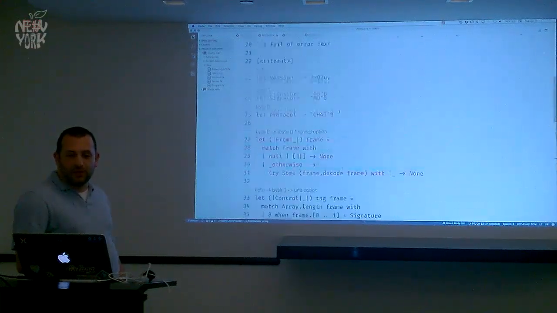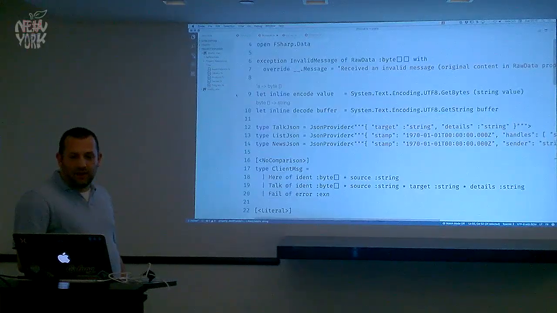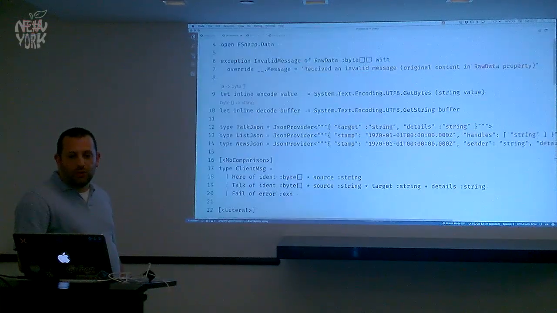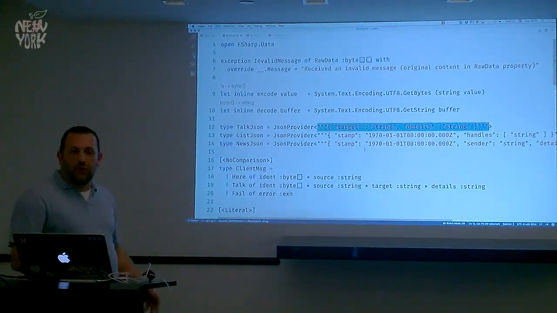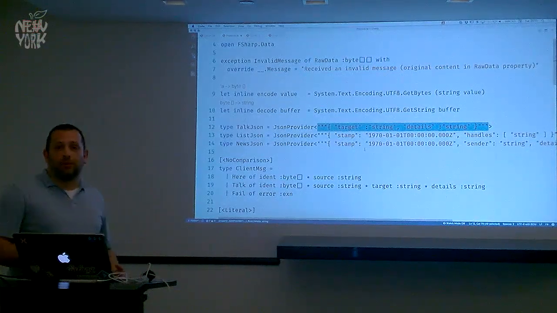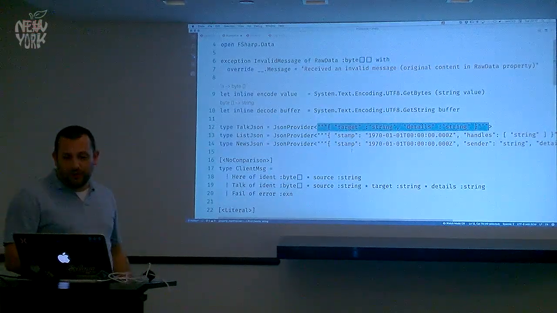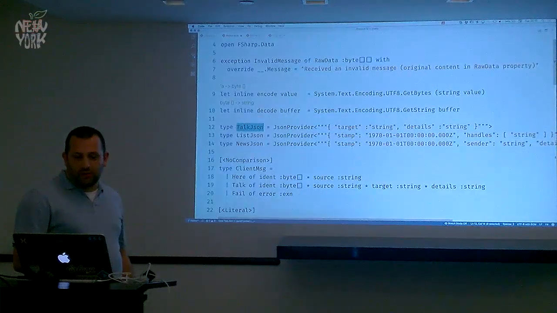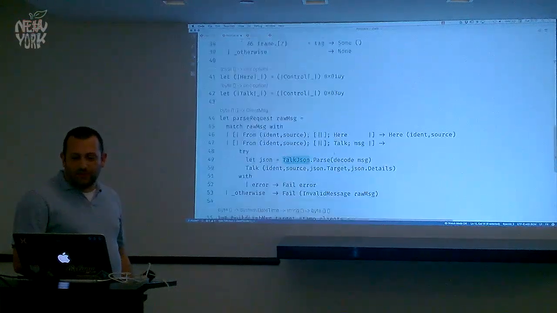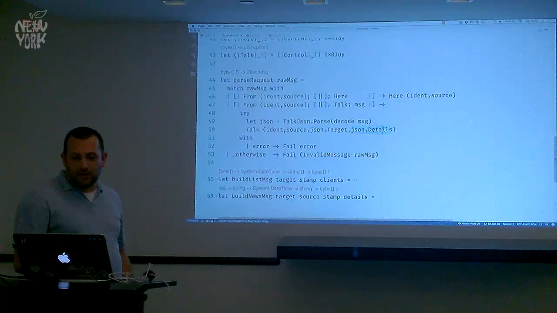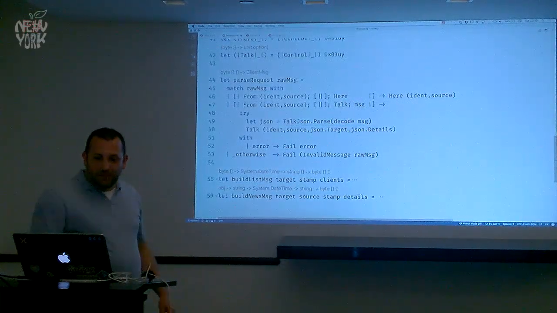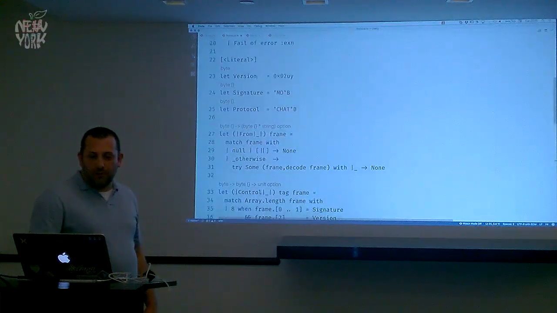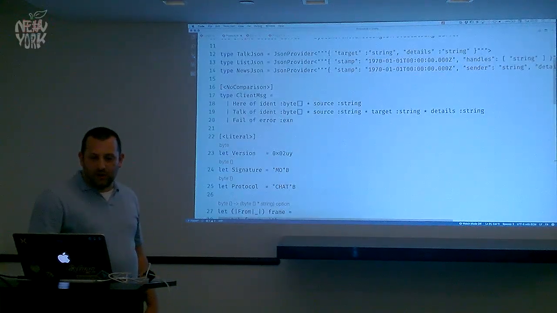For people who haven't seen FSharp.Data, it's actually pretty cool. Basically, I give it a prototype of what the JSON should look like, and it uses type providers to automatically generate all the plumbing I need to both consume and emit JSON in that shape. So I use the provider to create my instance, and then I have strongly typed access to those properties down here, assuming my parse didn't blow up in my face. So that's basically how we turn a raw byte array of byte arrays into an instance of this union.